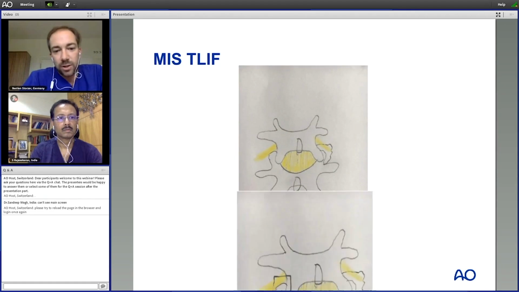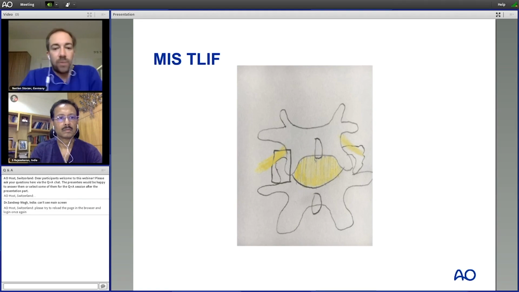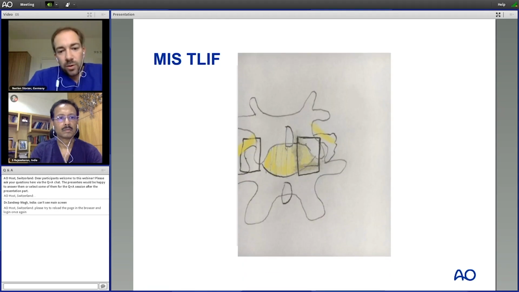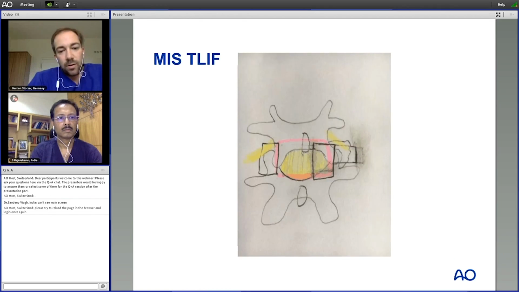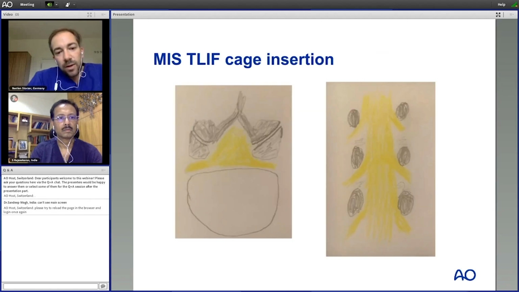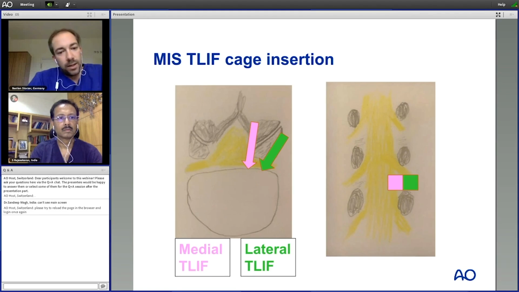So here's a painted picture, and you can do the decompression laterally, so that you take out the outer part of the facet and leave the inner part so you only see the root. Or you can do the inner part and decompress over the top, for example, or you can do a facetectomy and the inner part, or you can go by the midline in MIS TLIF. It depends. And that's where you do your cage in as well. Do you do it from lateral by resecting the facet, or do you do it medially, your TLIF? Then you have a higher incidence of durotomy